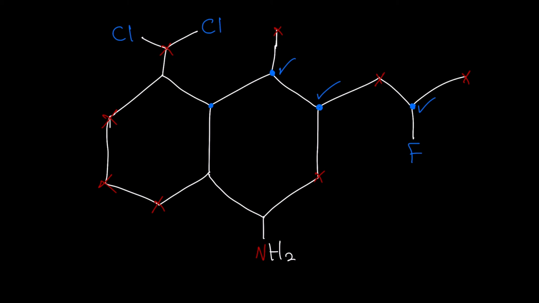How about this carbon right here? Is that one chiral? Well, we have the invisible hydrogen. Each path you take here is going to be different from every other path. If you go this path, you're going to encounter chlorines, but you're not going to encounter chlorines on any other path. If you go this way, you're basically just going to eventually get to a fluorine, and you get to a fluorine sooner than if you go this path. And so you can just tell that those paths are not going to get you to the same sorts of atoms. So therefore all of the different groups are different from one another,